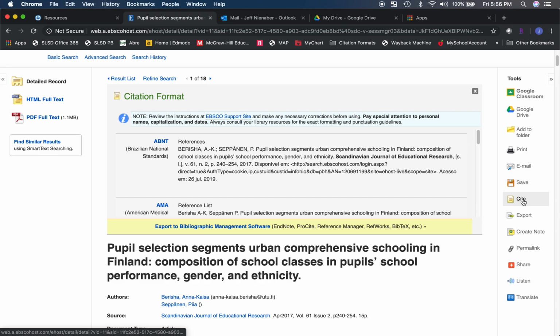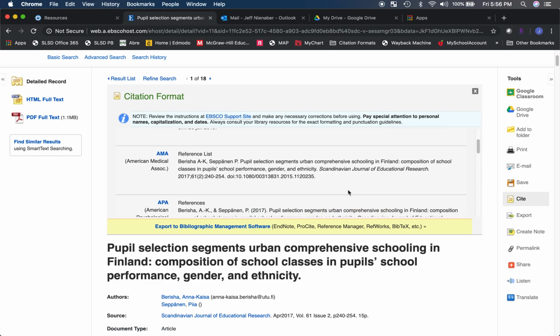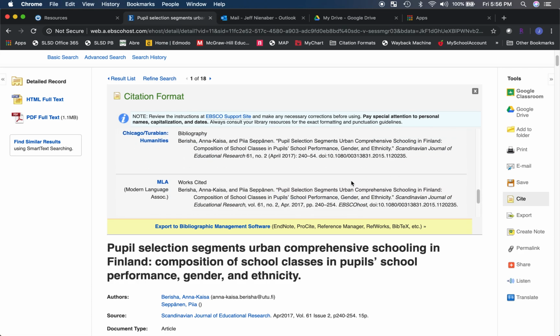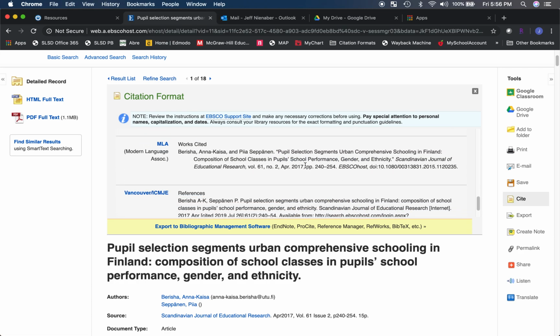For example, if I click citation, this is going to show me how to cite this article in a variety of sources. The two that are most important for us, for my capstone students, APA, the American Psychological Association. This is the format we want. For my non-capstone students, we use MLA, and it's very similar, but not exactly the same. Either way, you could simply copy and paste that information into your works cited page. But here's the problem. I want you to also have the article to work with. Just copying the citation doesn't give you the